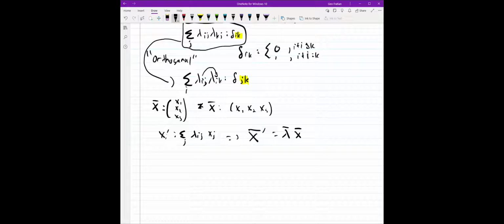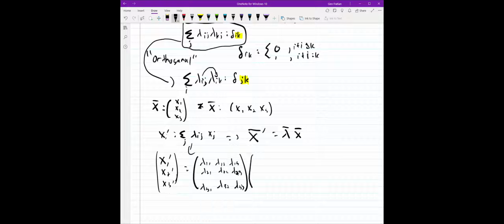x, like that. So what this basically tells us is that I can rewrite this stuff like this: x1 prime, x2 prime, x3 prime as a column matrix is equal to lambda 1 1, lambda 1 2, lambda 1 3. I'll just write it out. 2 1, 2 2, 2 3, 3 1, 3 2, 3 3. I'm going to be kind of disappointed if it hasn't been recording this entire time. But anyways, x1, x2, x3. Okay, so basically we just rewrote this equation right here